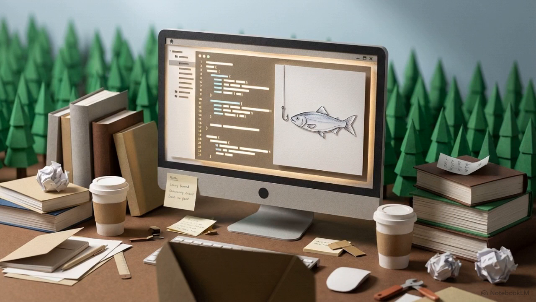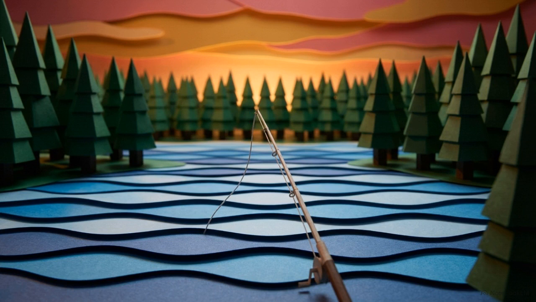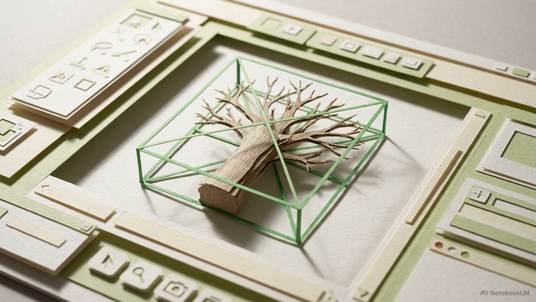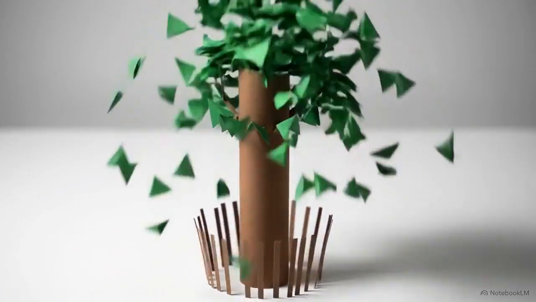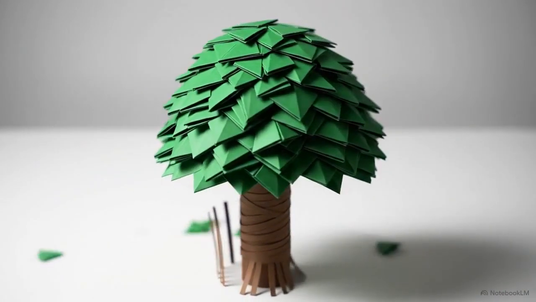Let's imagine you are building your very own video game. You've decided to make a relaxing, single-player fishing game set deep in the woods. To make the game look great, you start by designing a highly detailed 3D tree. You give it a complex texture for the bark, and you add thousands of individual green leaves to make it